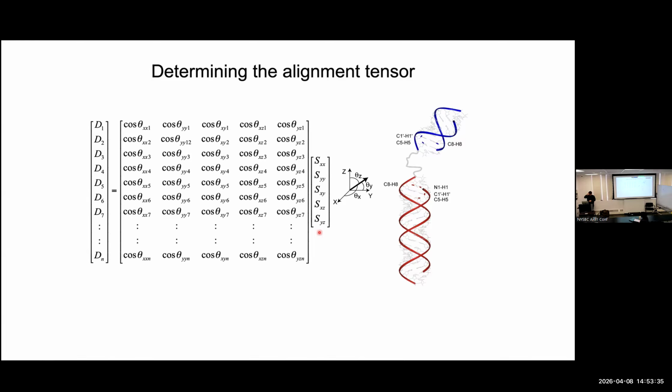So if you're a rod, the magnetic field will be on average parallel to the structure, and axially symmetric because there's no preference for X, Y. But if this was a rectangle, there would be a difference between X and Y, because there will be a difference between this alignment order and that alignment order. So therefore, the alignment tensor,